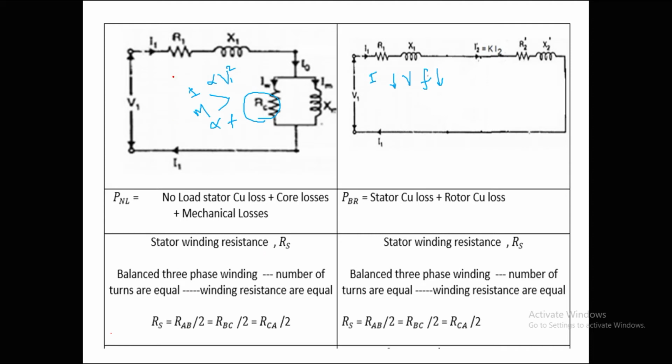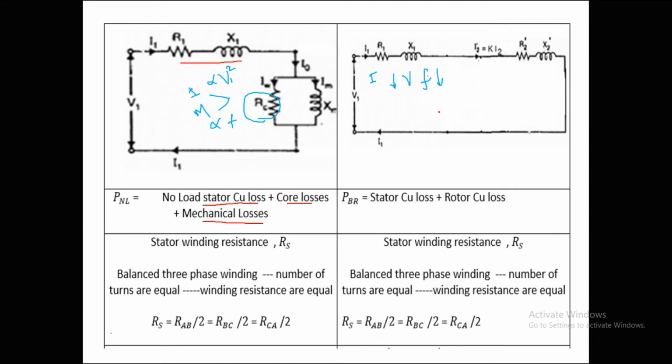Here in the no load circuit, we are having a stator component and then a loss component. In the stator we are having only impedance. Because of that, we can expect a stator copper loss. Since we are talking about no load, we are calling that the no load stator copper loss. And the other is the loss component, that is the constant loss, in which we are having the core, that is iron loss, and mechanical losses. This is the loss component available in the no load equivalent circuit.